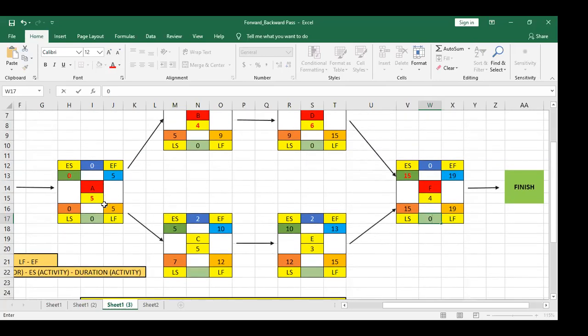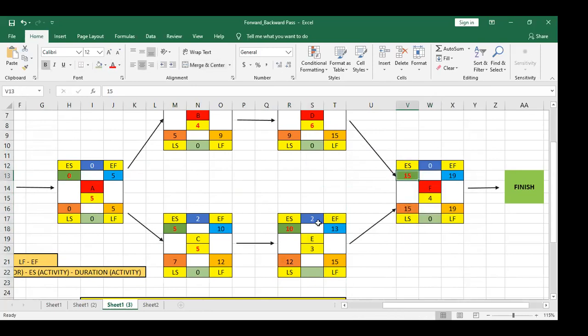Now let's calculate on this. This one is calculated. So this one is predecessor and this one is successor. So 10 minus 5, 5, and 5 minus 5, 0. It means I cannot delay this activity. Now let's check this one. This is predecessor and this is successor.